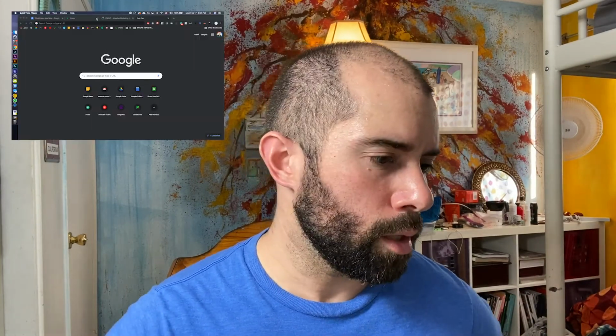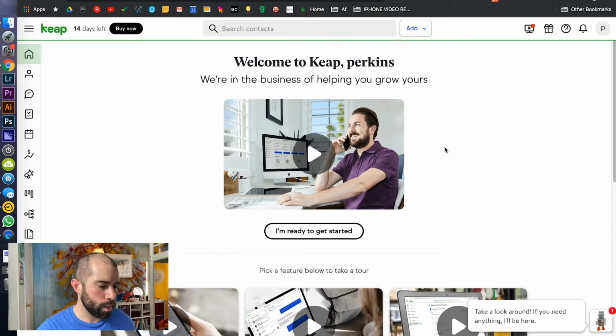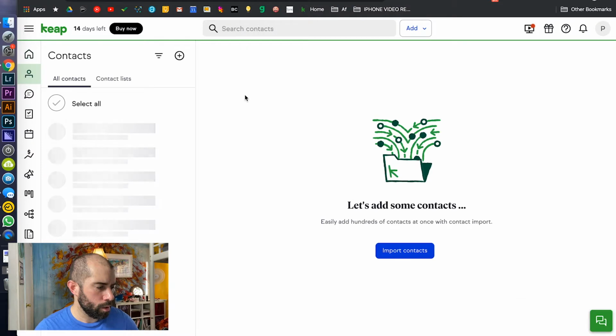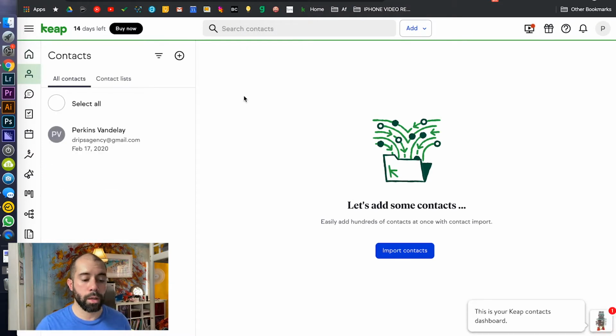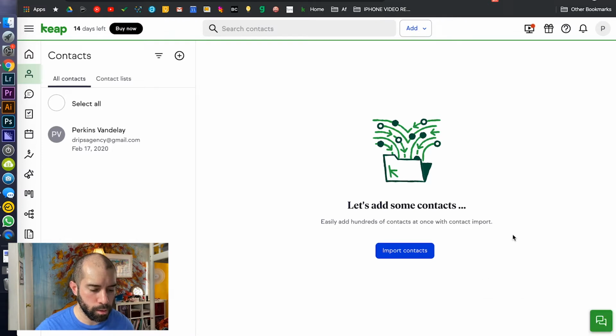And so there's several different apps that do that, but I want to show you a couple that I've been looking at. So this one is Keap right here, which was previously Infusionsoft, which still exists, but now there's both of them. And Keap is the one that looks better, nicer, more updated, and it's simpler from what I understand. But right here you have your contacts. So like I'm looking for, that was another, I just created this account, so it's like talking to me, telling me what to do.